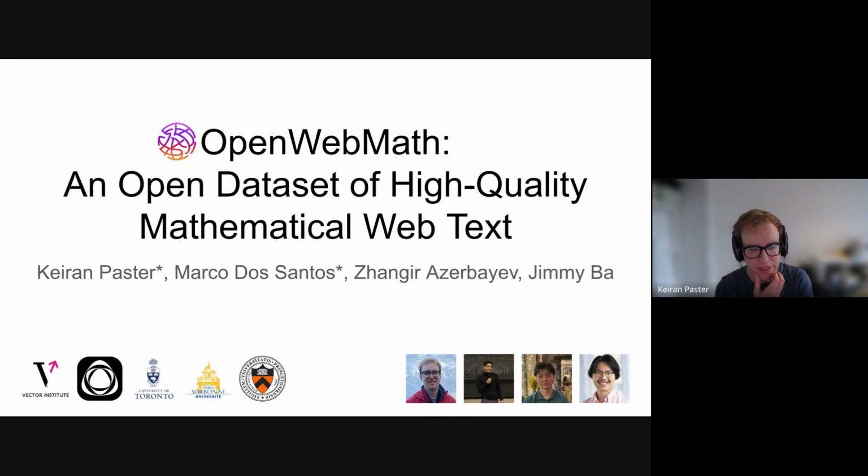So you have to consider all of this when you're picking your data mixture. One thing we noticed is that the code is probably too small, given that a lot of what you want to do with this model is formal math or code-assisted math, and yet we have very little code in our training, right? So